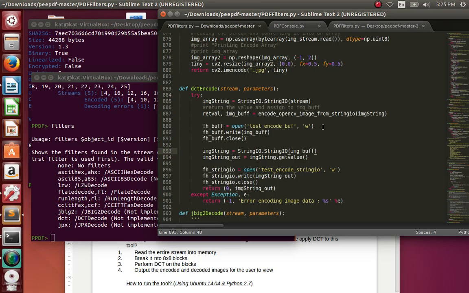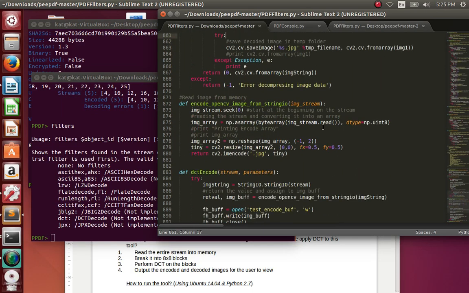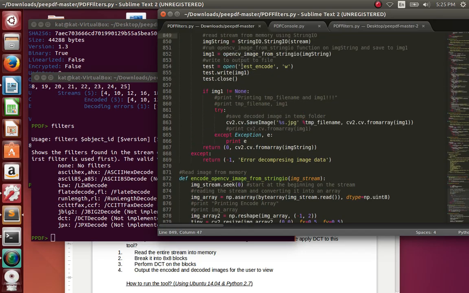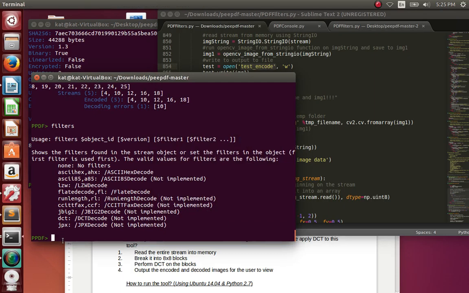Jumping back to the code, as mentioned, we want to take that test encode file that we generated from our DCT image and actually encode that. So essentially that's what I'm trying to do: take this file here and use it in our encoding methodology. So to do that, we have filters, and then to run DCT on it, we want to type in